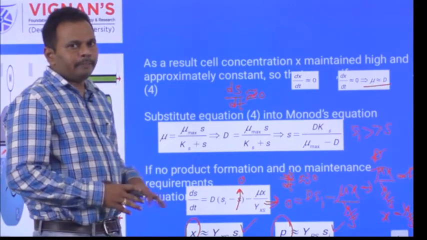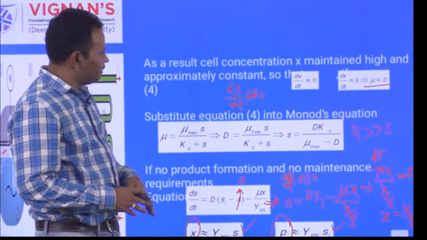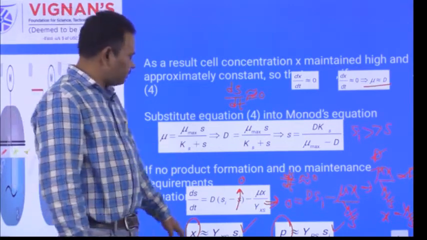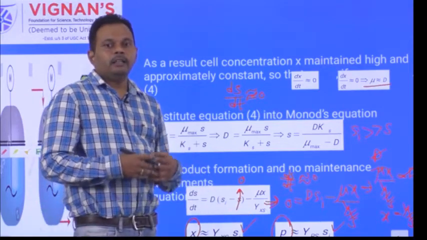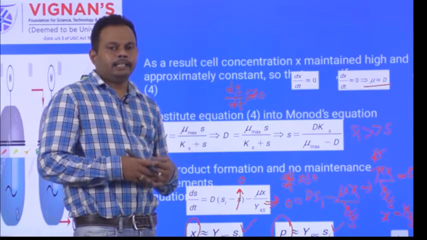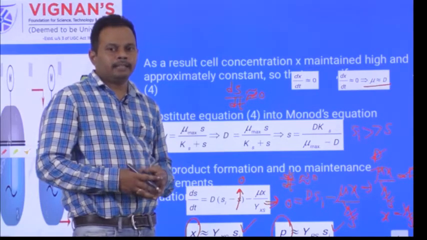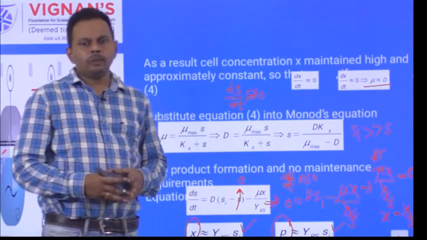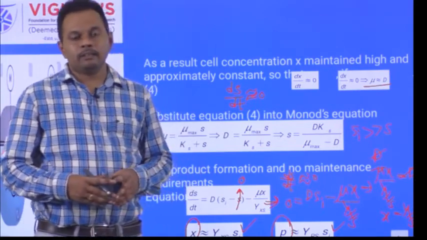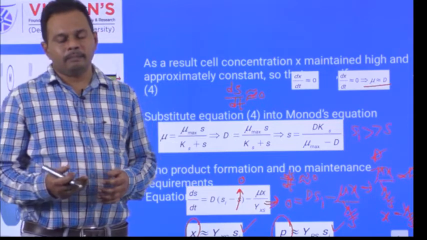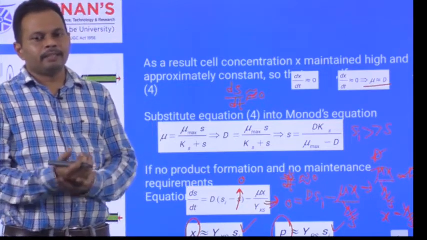Okay. So within the fed batch fermenter, we have the substrate concentration S, the cell concentration X, and the product concentration P as functions of time t of the biological reaction. Next, our target is to find out the fed batch time required to increase the cell mass from x0 to xf. That is, the initial mass of the cells from x0 to xf.